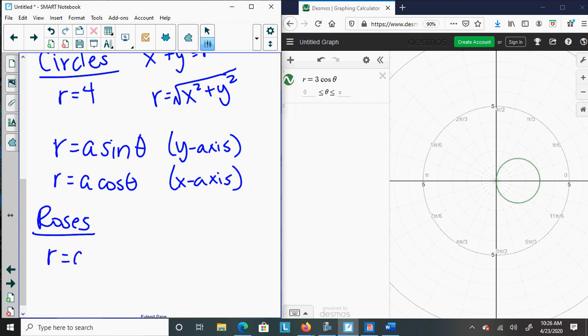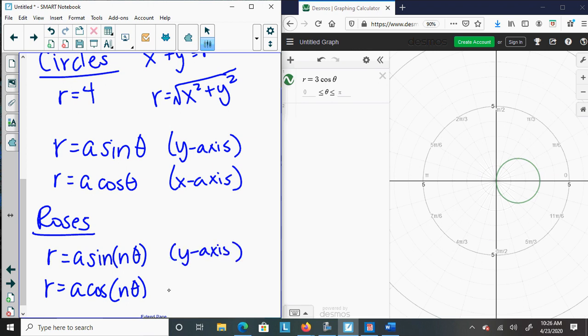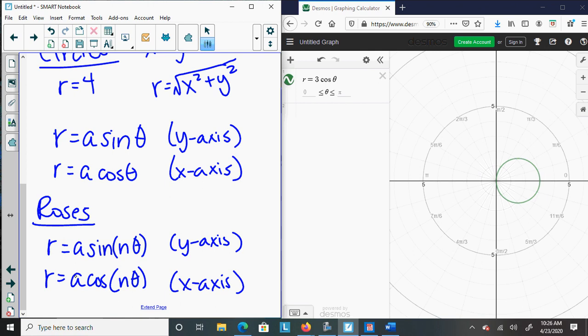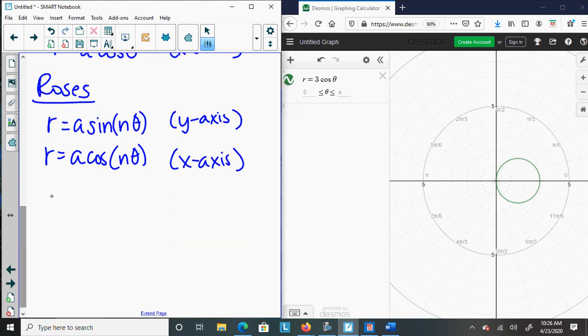R equals a sine n theta. There's a number in front of the theta for these. There's not in the circles. There is in the roses. Then the other one, r equals a cosine n theta. And just like before, if it's a sine graph, it reflects on the y-axis. Cosine graph on the x-axis. Okay. And the A stands for how long the petals are, and the N is going to tell us how many petals we have. So the A is the petal length,